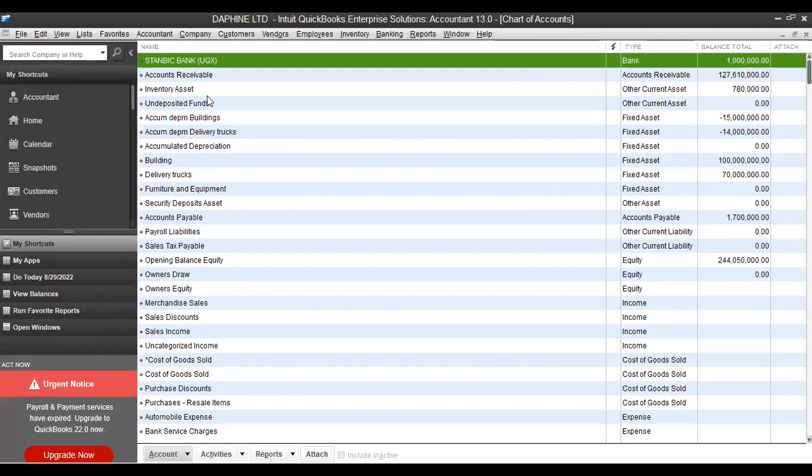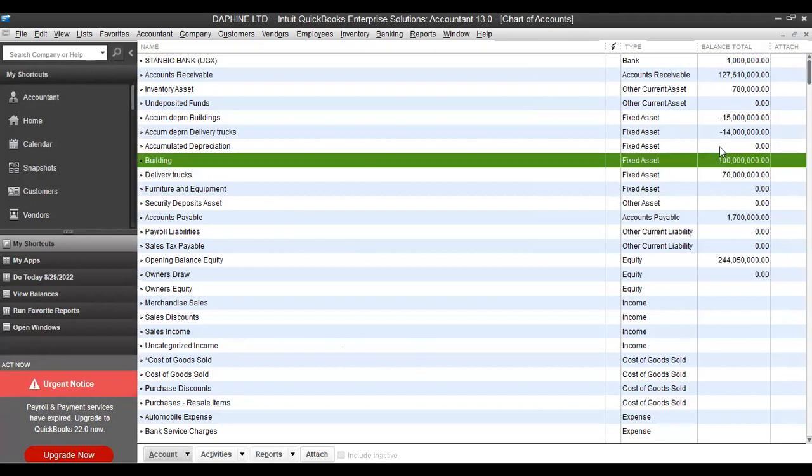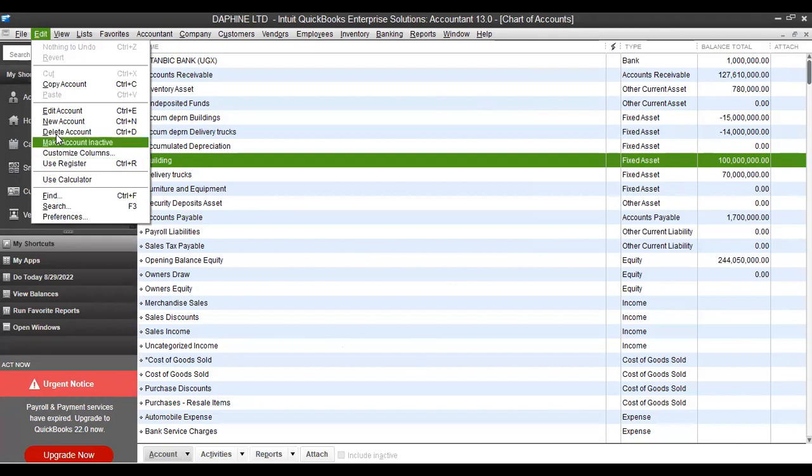Otherwise, when you go to charts of accounts and you look at building, which is a fixed asset here, you'll see that it has 100 million. Still, this is the cost. It will still give you only the cost, not net book value. So that's why I charge the 5%. Then for the calculator, I said you come to edit, then you will see it here. Under edit, you will see use calculator. When you click on it,